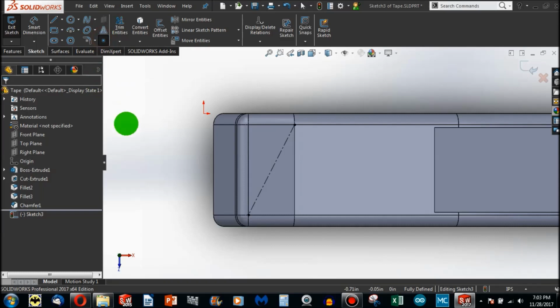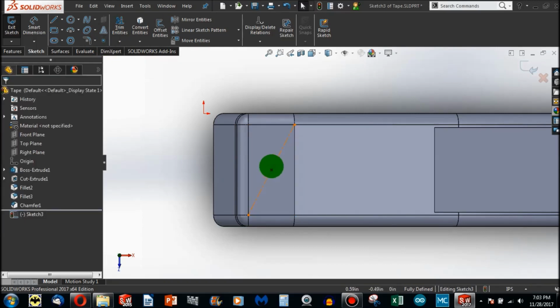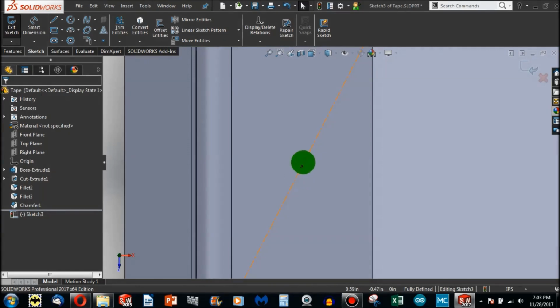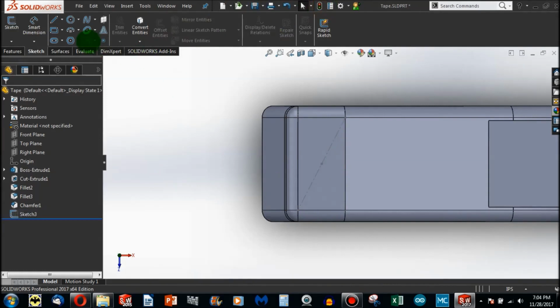And to do that, I specify where I want the center of my hole with a point right here. You can see that when I put a point down, it's just a little spot that specifies one infinitely small space. Now after I hit rebuild, I can go to hole wizard,